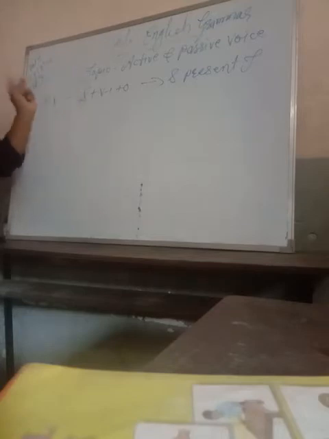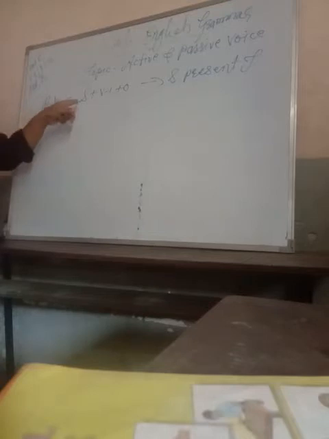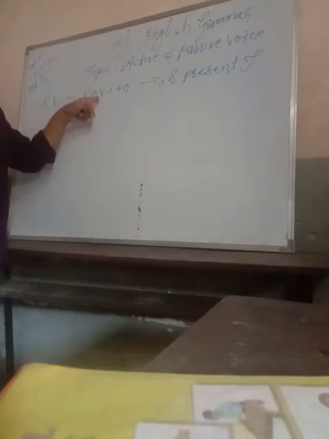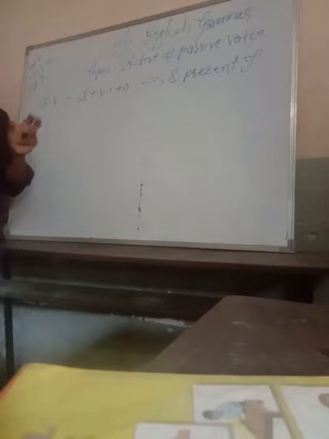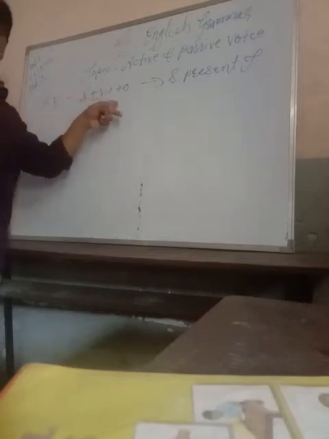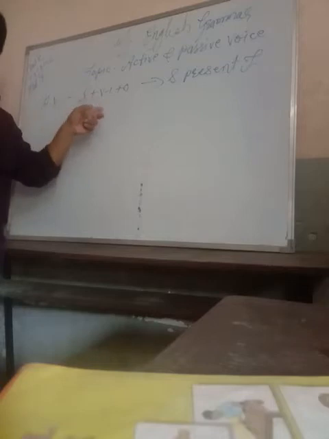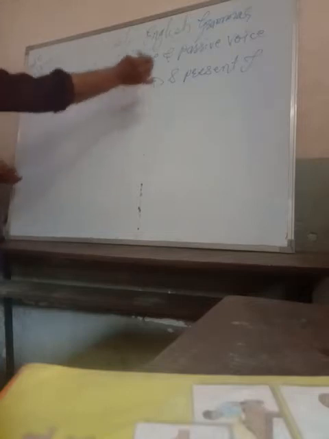In the active voice, what comes first? Subject. Because it is active voice, I am telling you, active voice actually begins with the subject, because the subject is the doer of the action. So subject comes first. Later on, V1 means first form of verb, and object. These three are very important in changing the voice, active voice and passive voice. If you get such a sequence in the sentence, it is sure to know that it is an active voice of simple present tense.